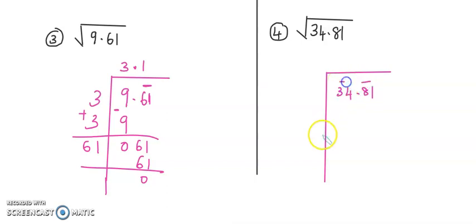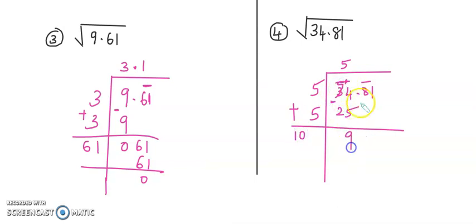So the pairing is very easy. Correct? Now 34, the nearest perfect square for 34. 4 4s are 16, 5 5s are 25, 6 6s are 36. So I'll go 5 5s are. Right? So it becomes 25. Let me add on the left first. So it becomes a 10. Let me subtract here. It will be a 2 and 14, I mean 9.